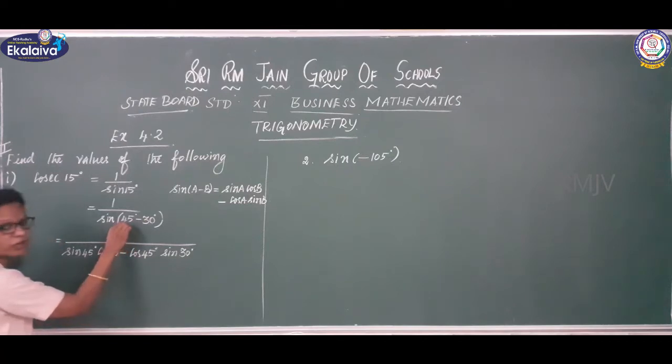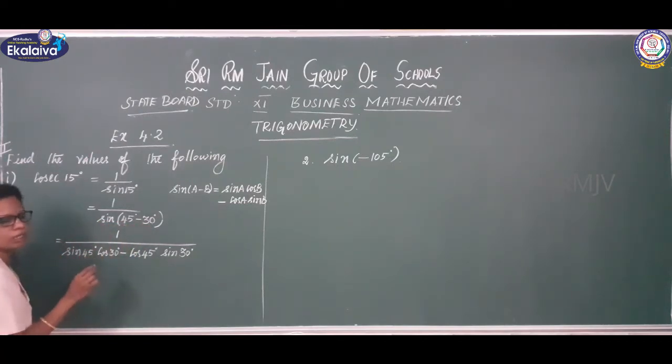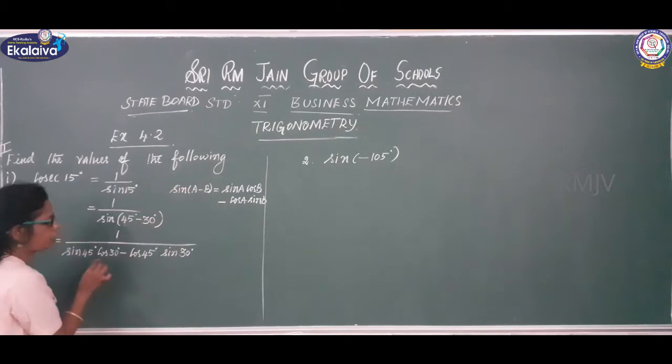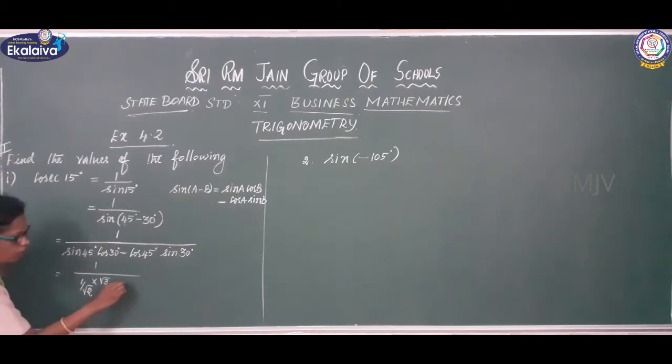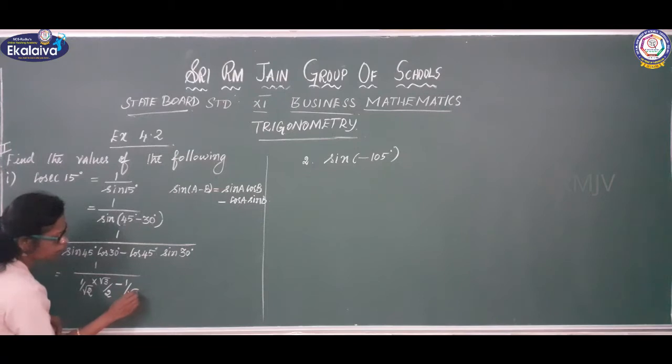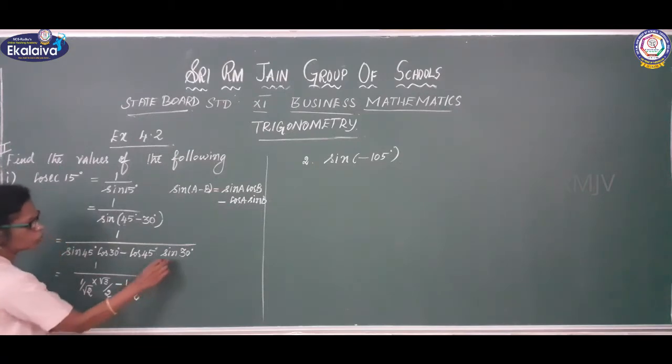See here, 45 is A, 30 is B. Just replace A with 45 and B with 30. Now 1 divided by, sin 45 degree you know the value, right? 1 by root 2 into cos 30 degree, root 3 by 2, minus cos 45 degree, 1 by root 2, into